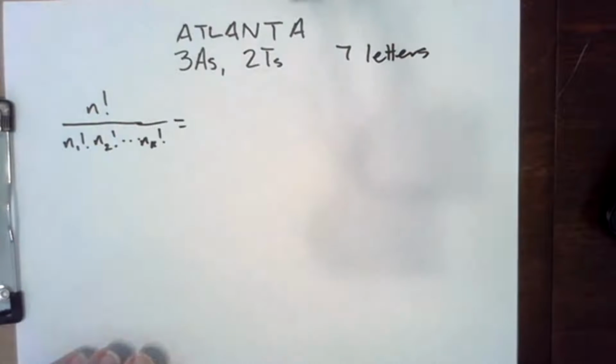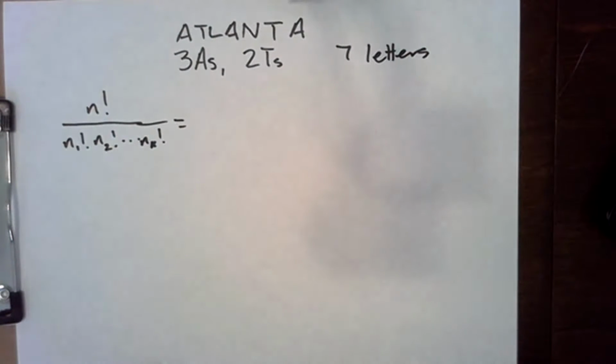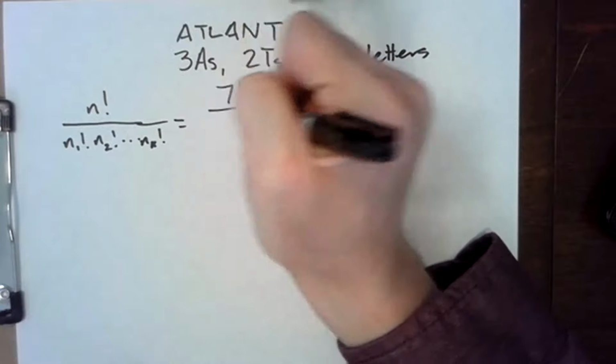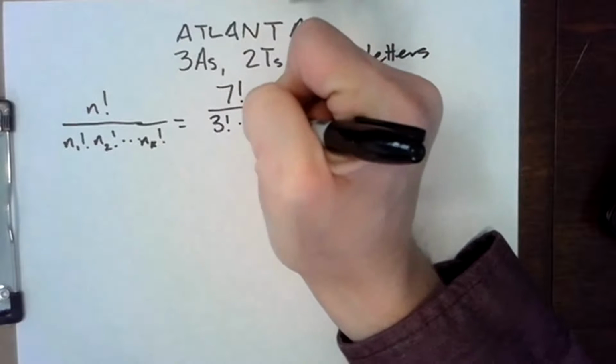Well, in this case, there are only 2 letters that appear more than once. So this is 7 factorial over 3 factorial times 2 factorial,